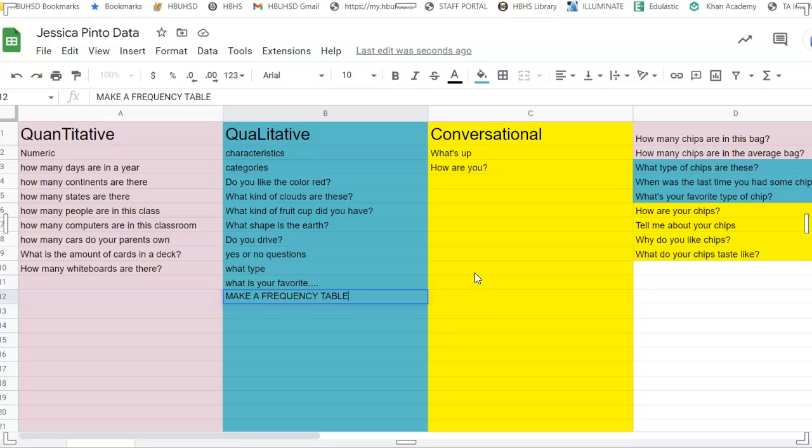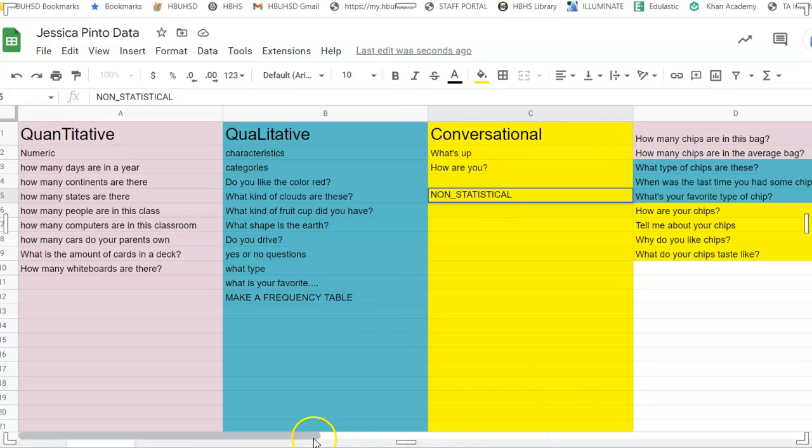The third type of question is conversational, and that's going to be a question that's non-statistical. So the first two, quantitative and qualitative, are statistical types of questions that we can analyze. A few more examples of these different types that have been color-coded